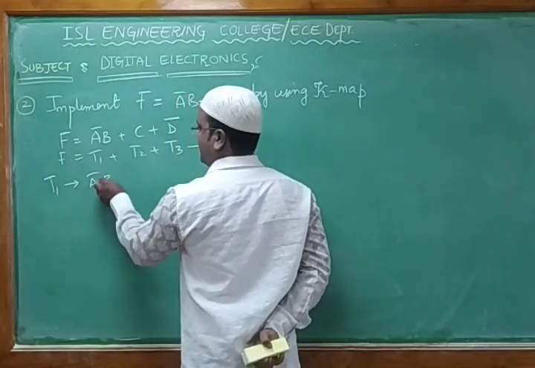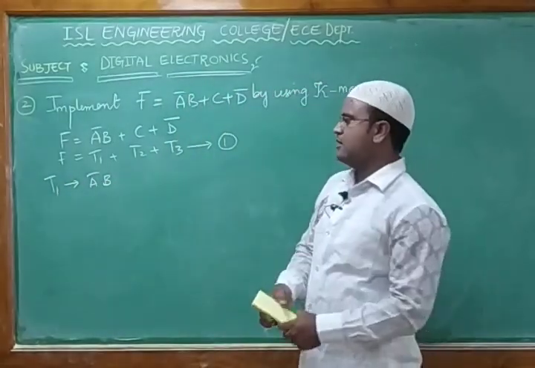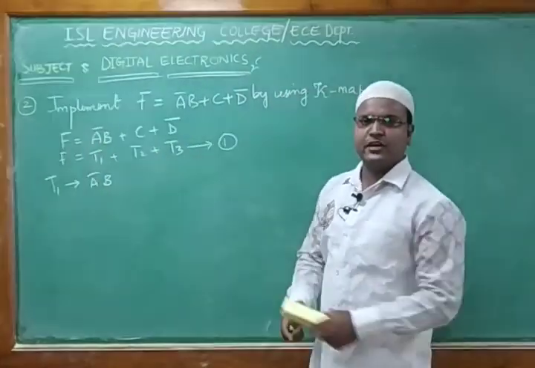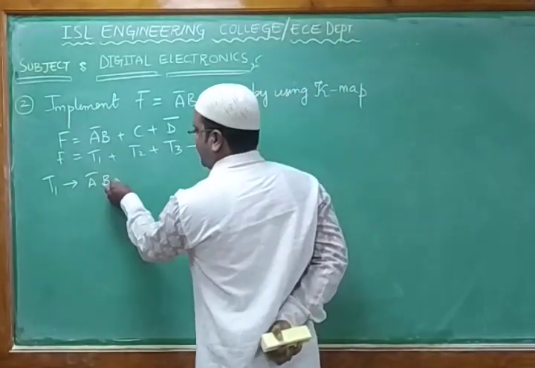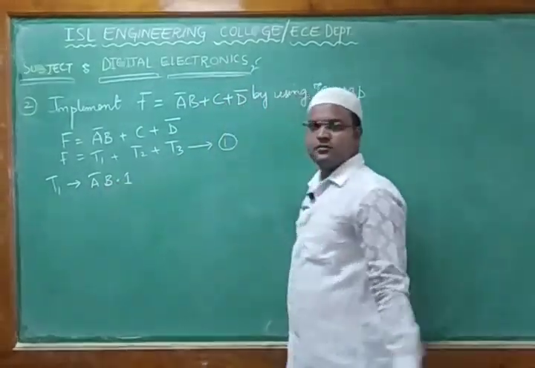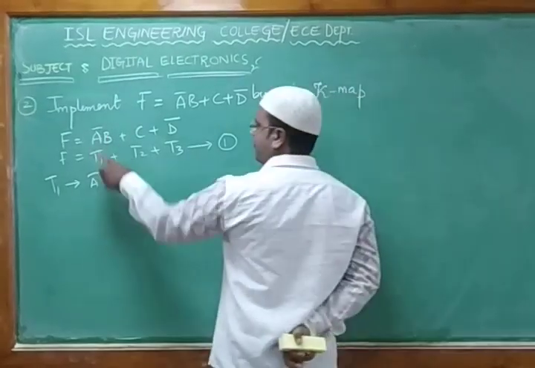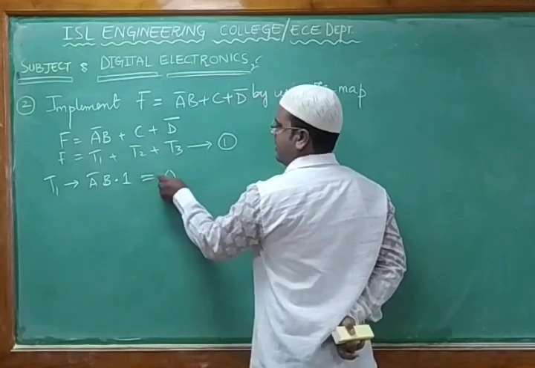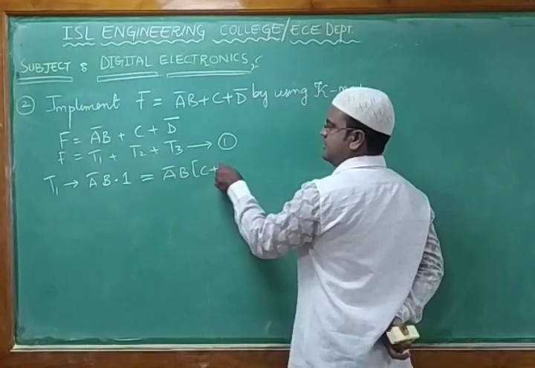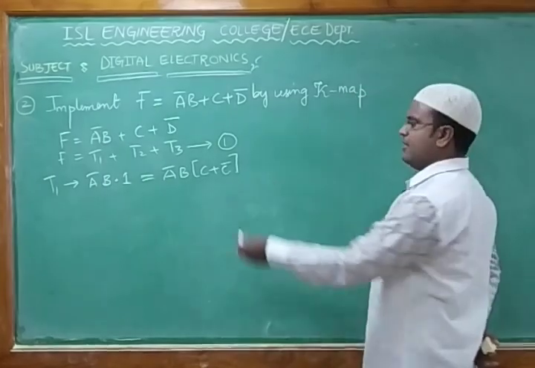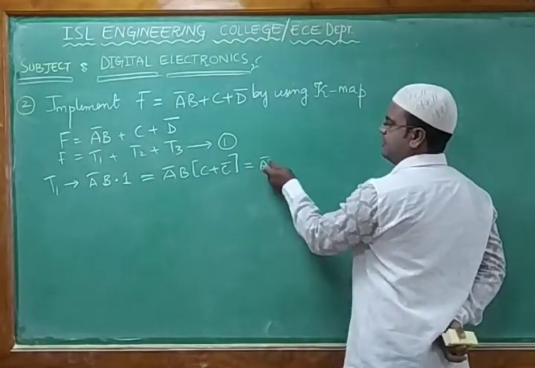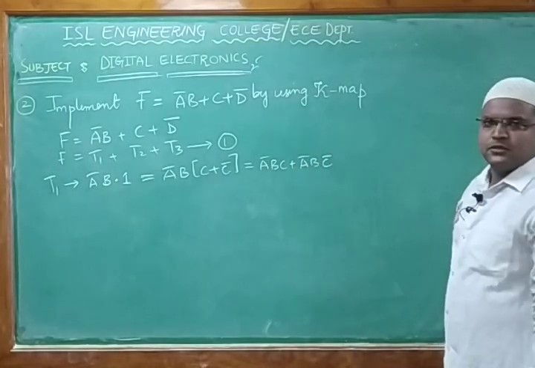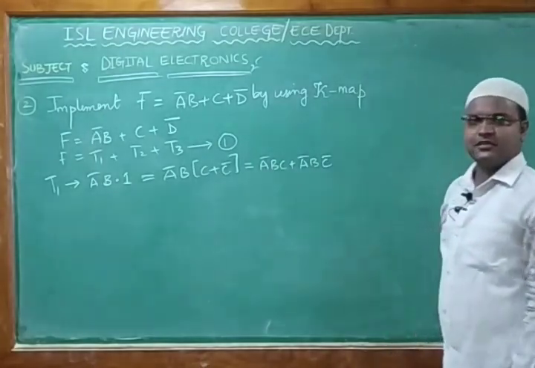A complement b. By seeing the function we can say it's a 4 variable function, because a, b, c, d are required here. So the first thing is that we need to write all terms in this. So I'm multiplying your term with 1. Why am I doing this? Because I can write this term, a complement b, and instead of 1 I can write c plus c complement. So what will I get? I'll get a complement b c plus a complement b with c complement. So what I need to write again: D is missing in both.